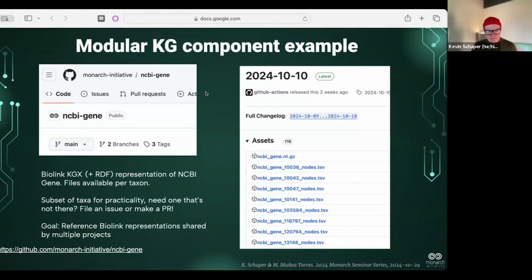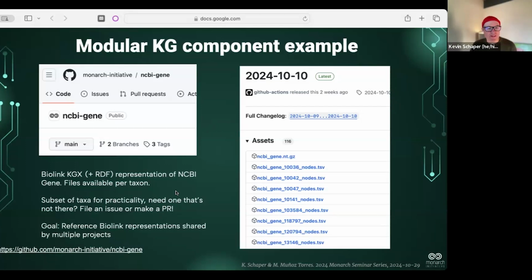This process covers a subset of species, and it's in Git, it runs as its own thing, it's got each file, and you can use those as pieces. So if you are building your own data project from scratch and you want NCBI genes from a certain subset of species, this is where you can get them already converted to BioLink format. And if the taxa you need isn't there, you can do a pull request or an issue,